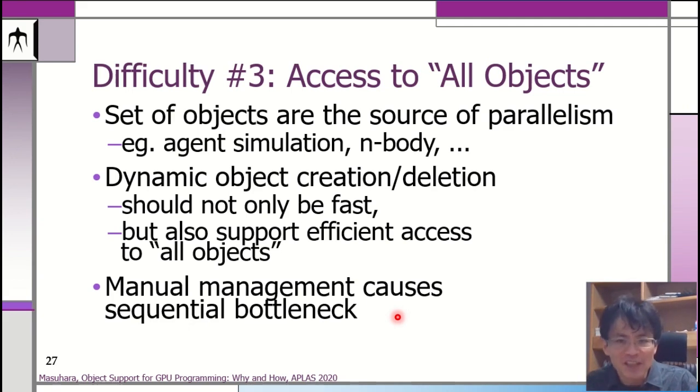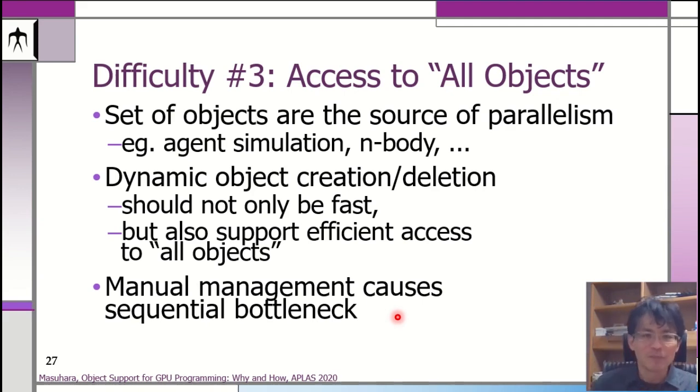In such a case, we need to include those newly created objects in the next step of simulation. That means dynamic object creation and deletion must be fast and efficient, but must also support efficient access to all objects, which is not actually easy,